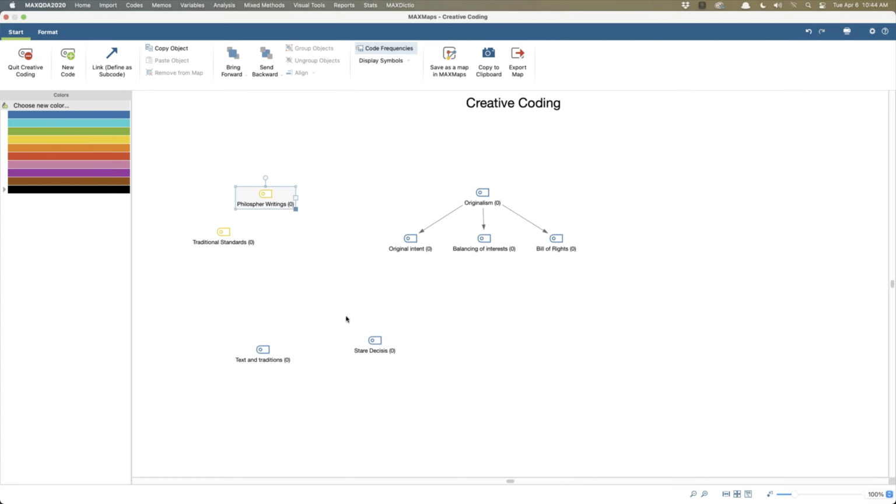Yeah, okay. Here's what's cool about this though. My originalism theory, I've got a series of codes that I want to actually make subcodes. Select originalism, line, originalism to philosopher's writing. Philosopher's writing to text and tradition.